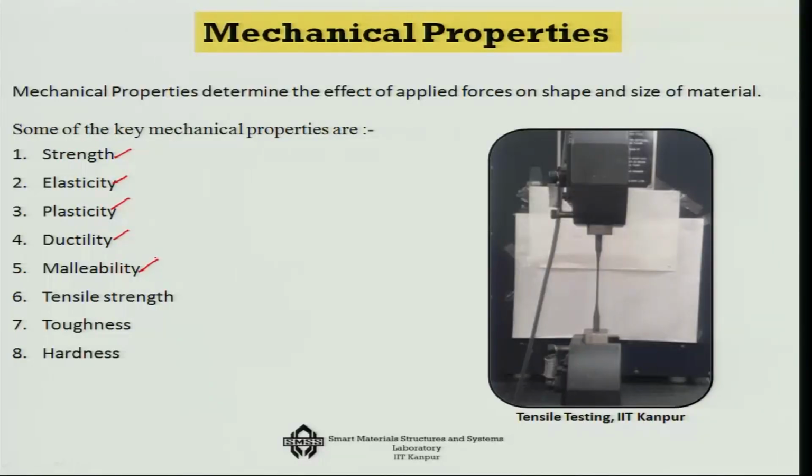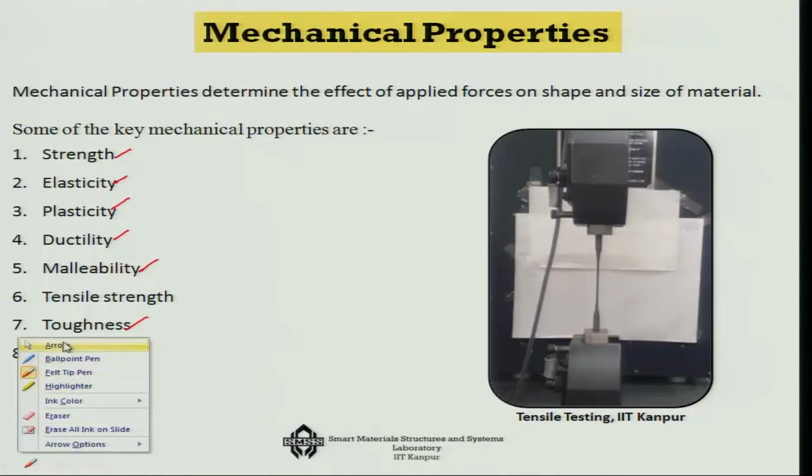On the other hand, malleability is a property which talks about the fact that if I compress something like clay, you can actually mold it, you can give different shapes to it. So, malleability refers to the susceptibility to compressive loading. That is why the two are different. Then of course, we talk about strength, specifically the tensile strength, because that becomes important, and the toughness and the hardness of a material.